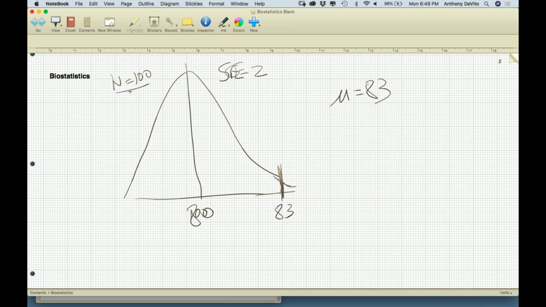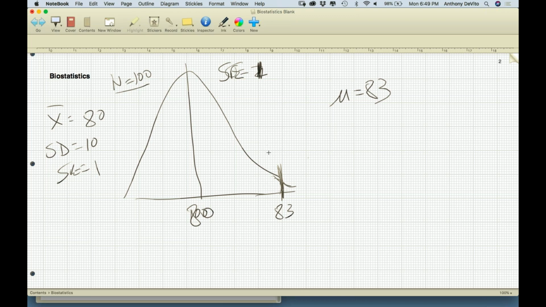Given our sample size, given the result that X bar was equal to 80, and that the standard deviation was equal to 10, and that the standard error is equal to, I'm sorry, that was equal to 1. Equal to 1, the standard error is equal to 1. Given all of that, what's the probability that we would have gotten a sample mean, when we took a sample size of 100, as extreme as 83?